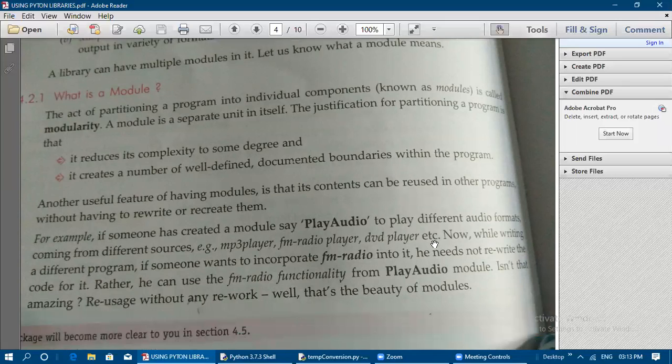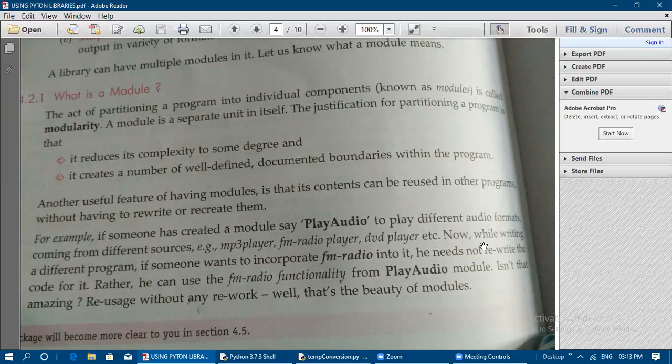For example, if someone has created a module like play audio to play different audio formats coming from different sources like MP3 player, FM radio player, DVD player. From all these players, it is going to play the song. So someone has created a module for that.